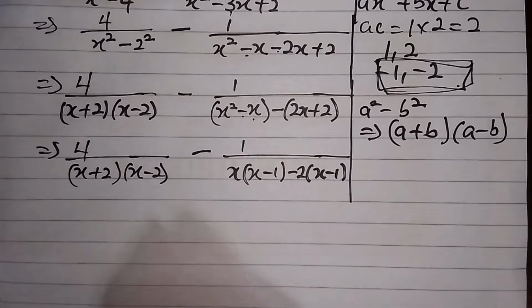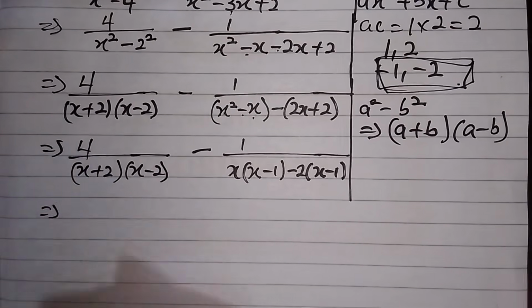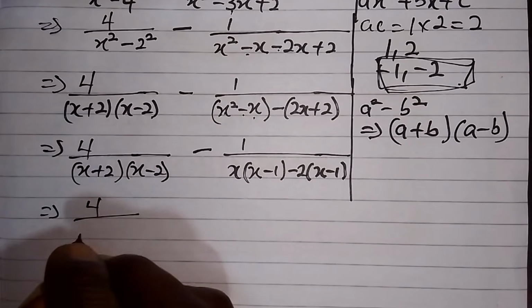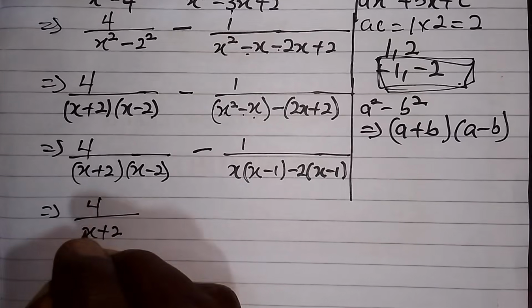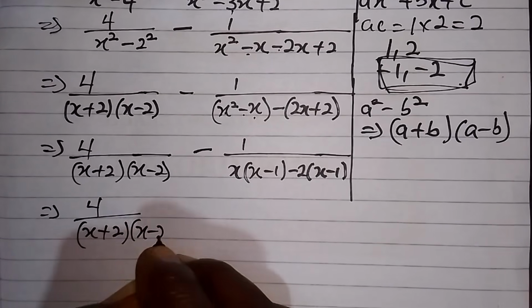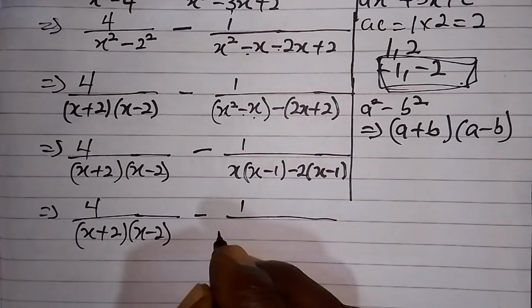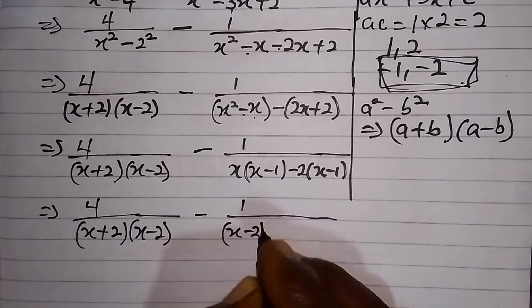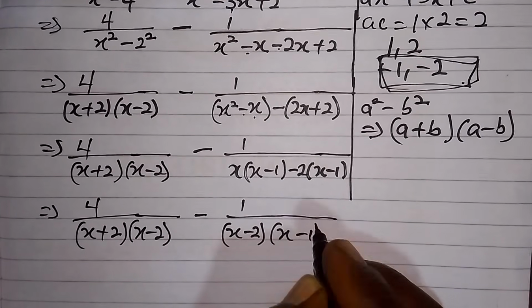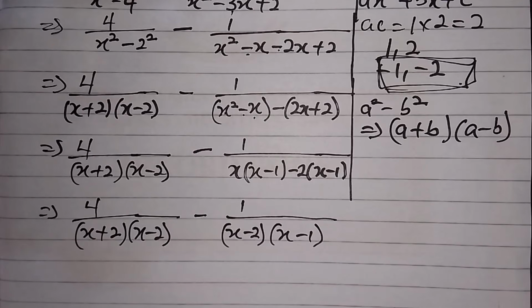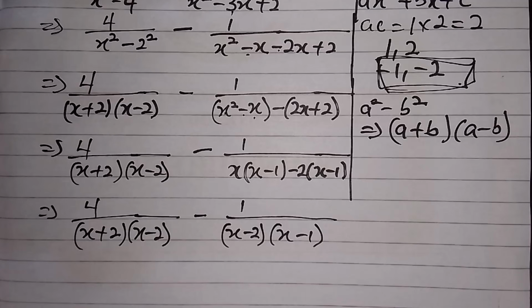With this, I have 4 over x plus 2, x minus 2, minus 1 over x minus 2, x minus 1. So now that we have factorized the denominators for both terms, we are going ahead to solve the question,